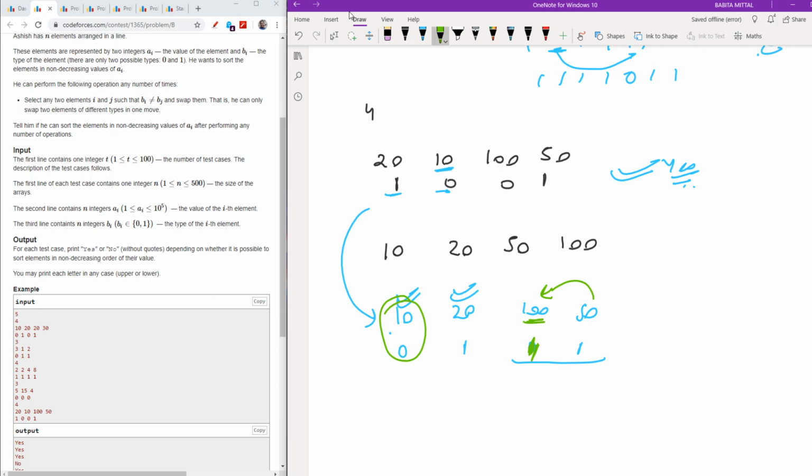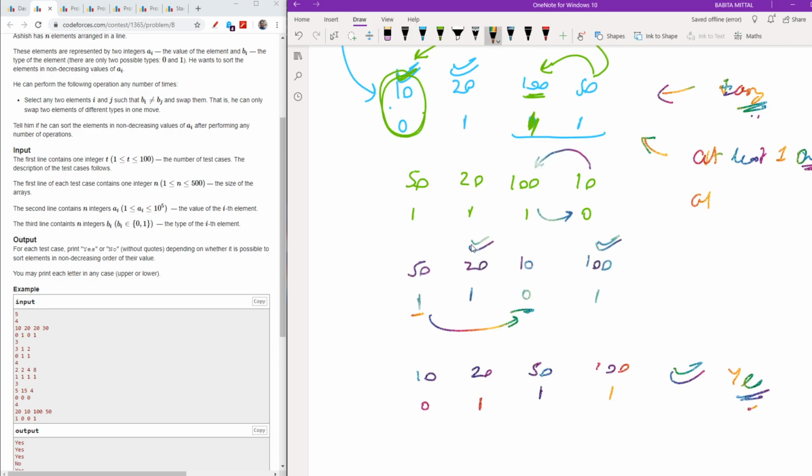Although the example stated here was easy, to make it harder, I placed 1 here, so that you guys can understand that if I have at least one 1 and at least one 0, then I can easily swap any number of elements, any number of times, to get my required answer. I hope you got the intuition behind it. And first thing, always remember that if it is already sorted, then you are good to go, and you don't have to see how many ones and how many zeros are present there. So let me very quickly show you the code.